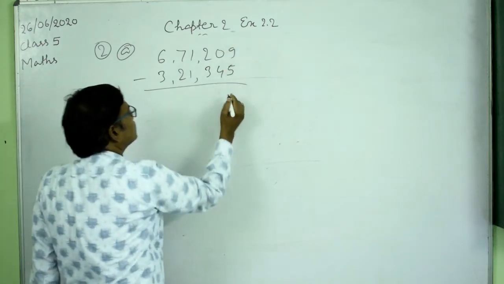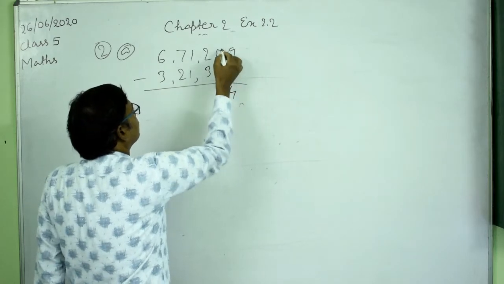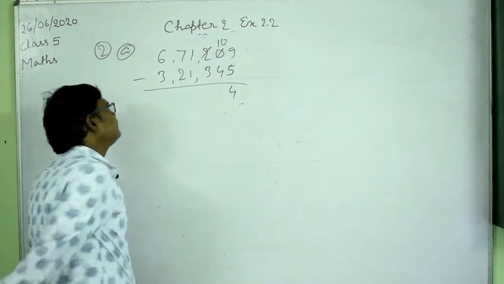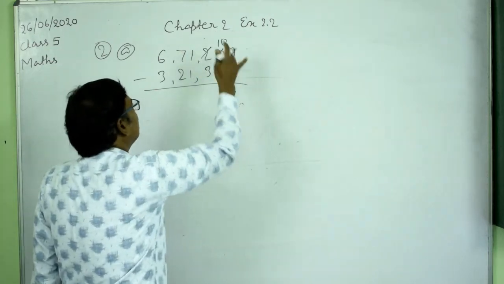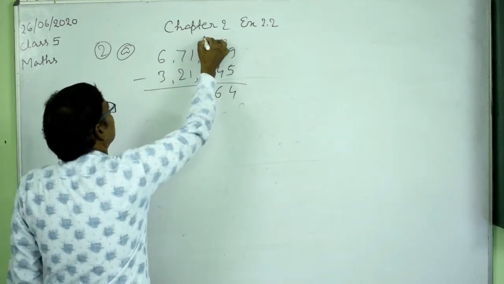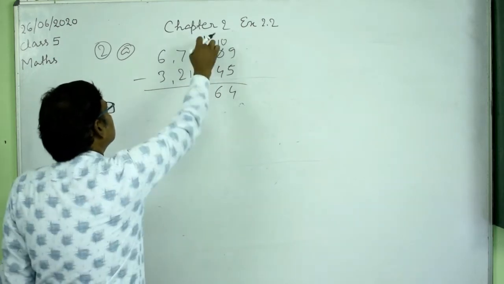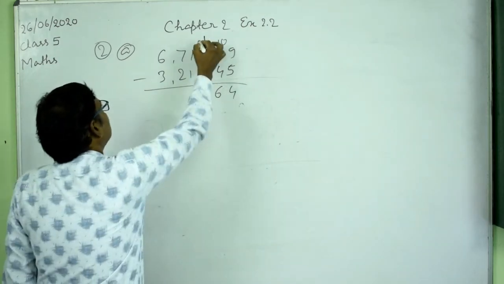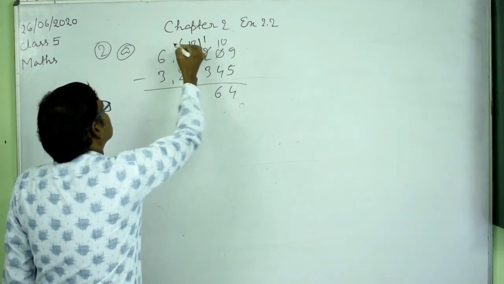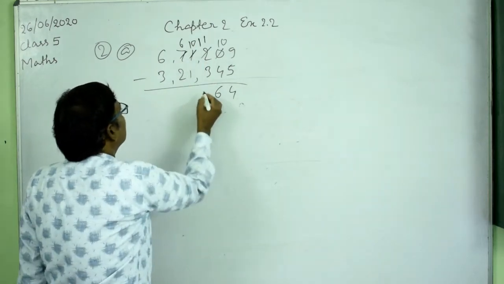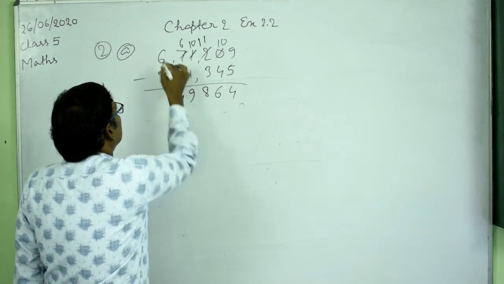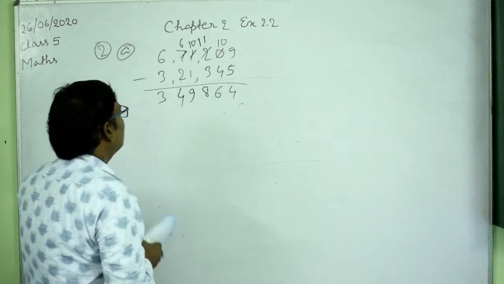So 9 minus 5 is 4, and here 0, so we borrow, then here it will be 10 minus 4, which is 6. Here it is 2, then what is left here? Then it is 1 here. Again 1 is less than 3, so you will have 11 here, and here it will be 10, and here it will be 6. So 11 minus 3 is 8, and 10 minus 1 is 9, and 6 minus 2 is 4, and 6 minus 3 is 3 here. Now let us check it.